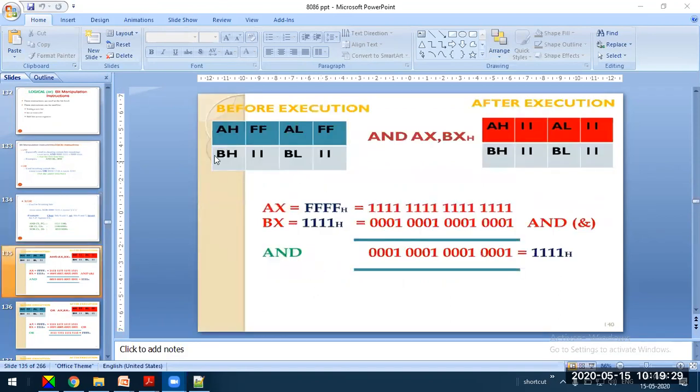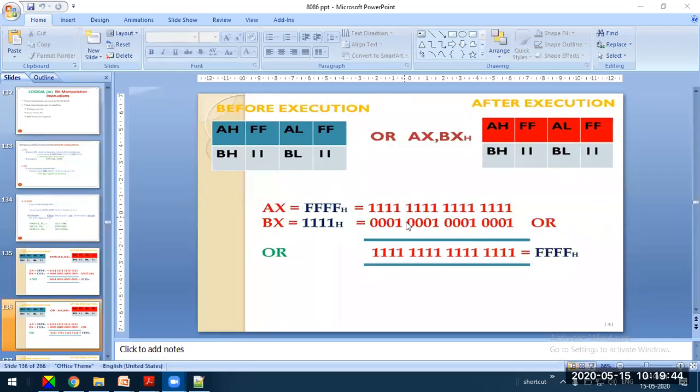Okay, XOR operation. That's the example. For example, AND AX, BX for a 16-bit AND operation, 16-bit of data. So the result goes back to the AX register. Similarly, for a 16-bit OR operation, the result is stored back in the AX register.